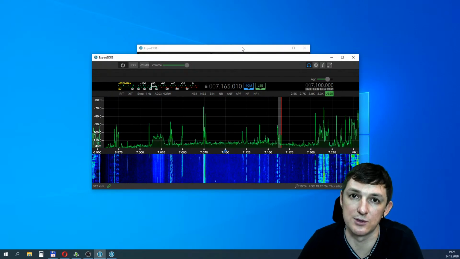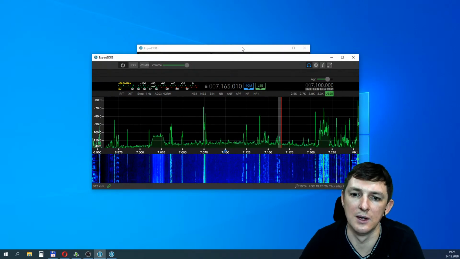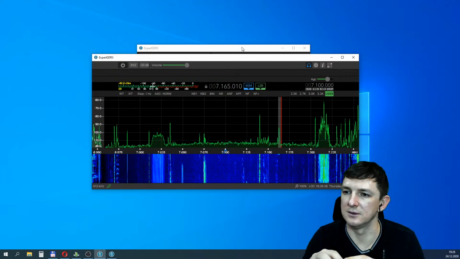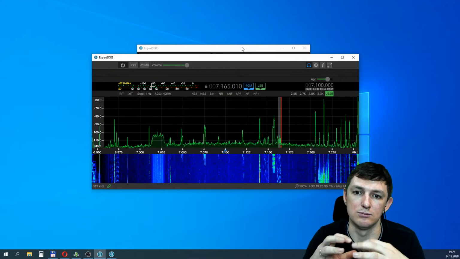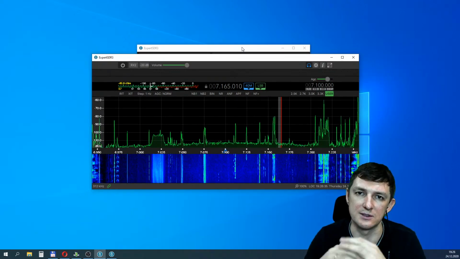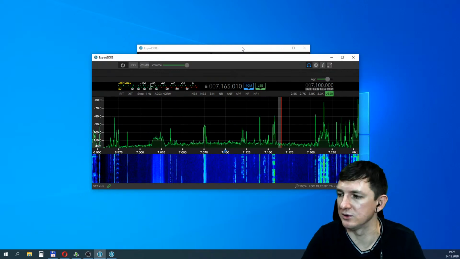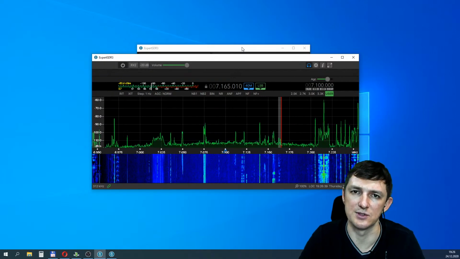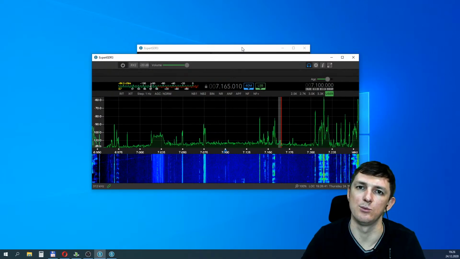For example, Expert SDR2 software is like one monoblock, just one software, window and core, all the same. In Expert SDR3 it's different parts of one software.